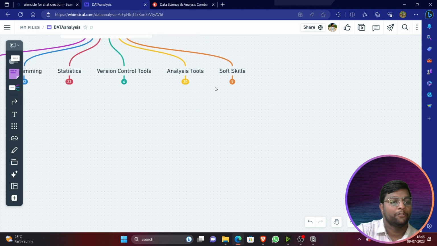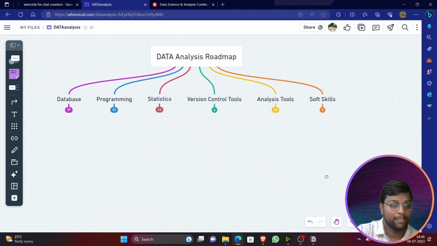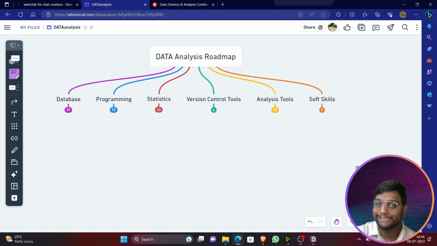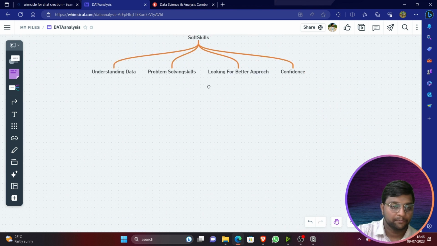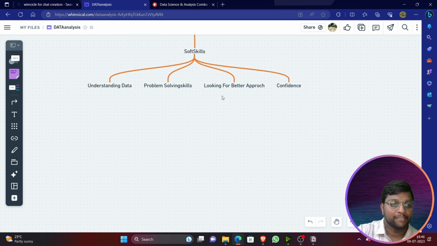So guys, that's all. If you know all this, then it's done. But one more skill is definitely important for everyone. So I'll show you all the last skill also, which is nothing but soft skills. If you know all those, and if you are not able to clear the interview, means you should improve your communication. Your communication plays a key role, and your confidence. So these all things you are lagging behind. You have to improve them also.